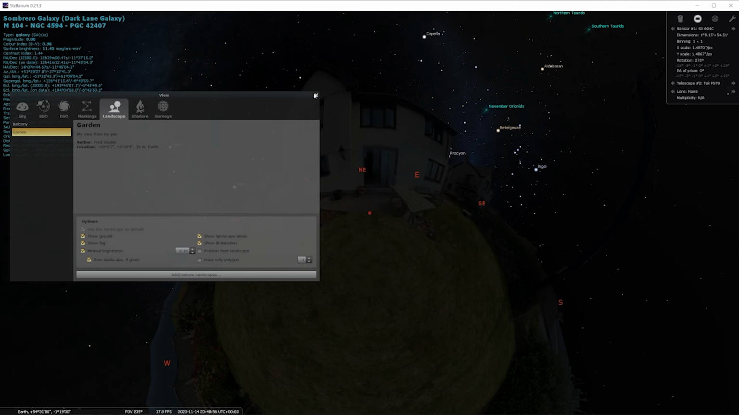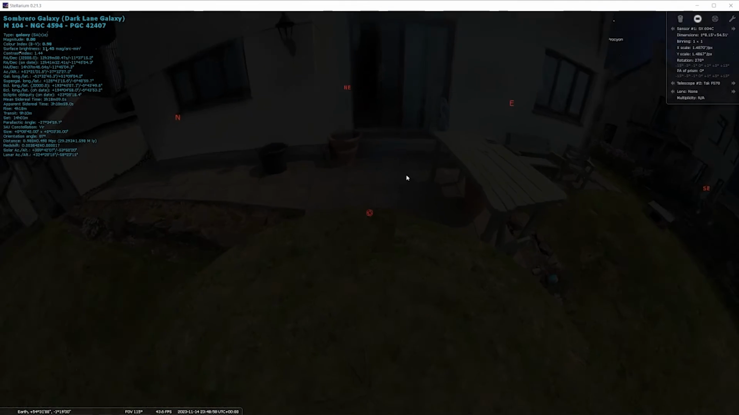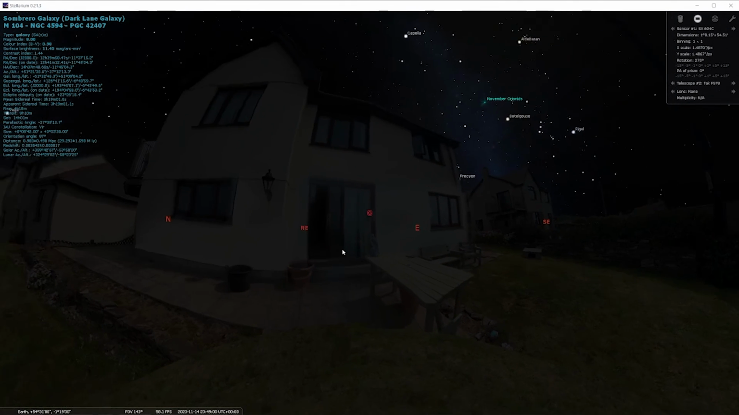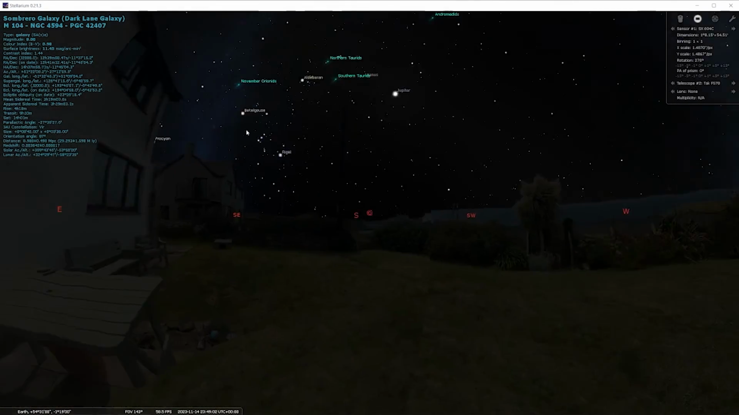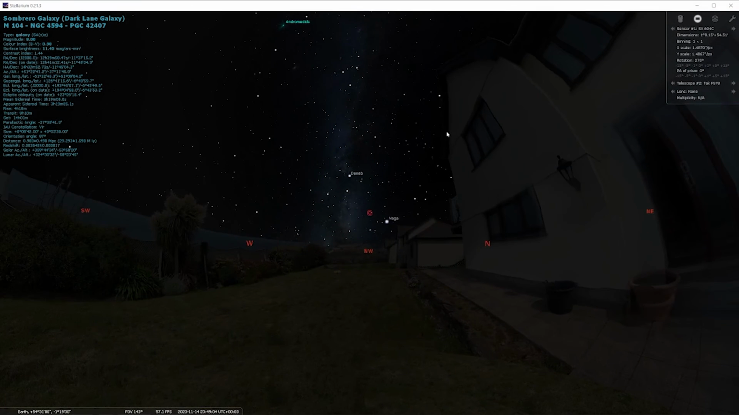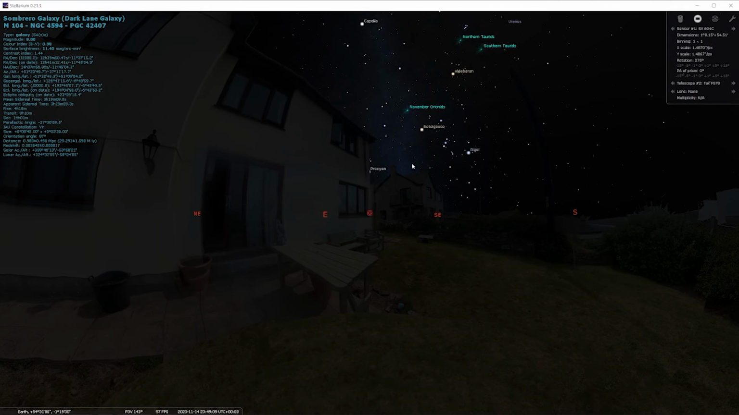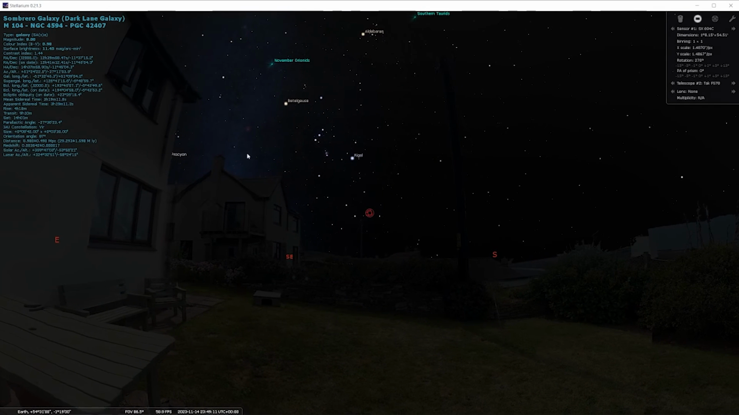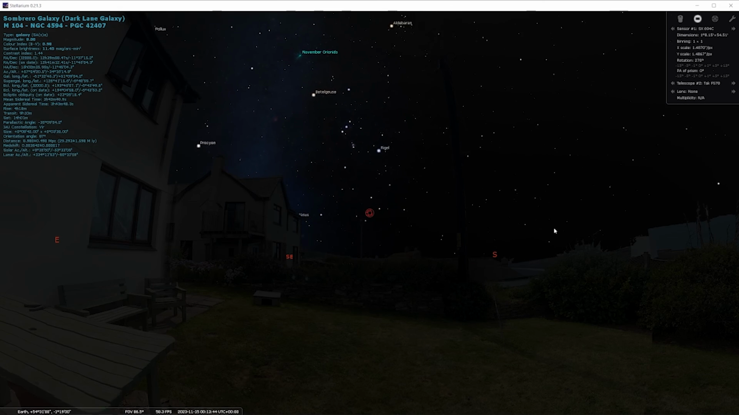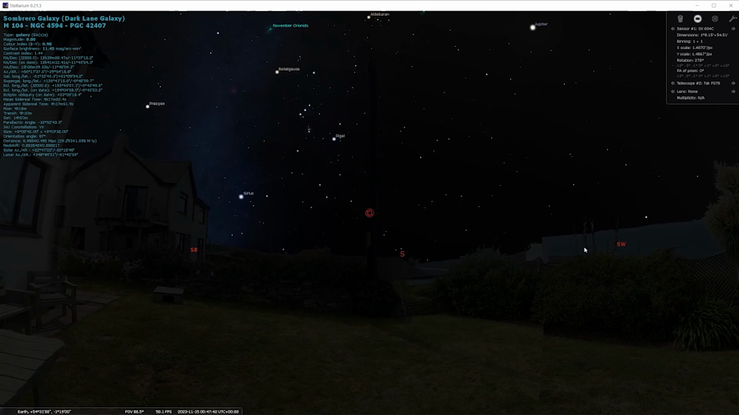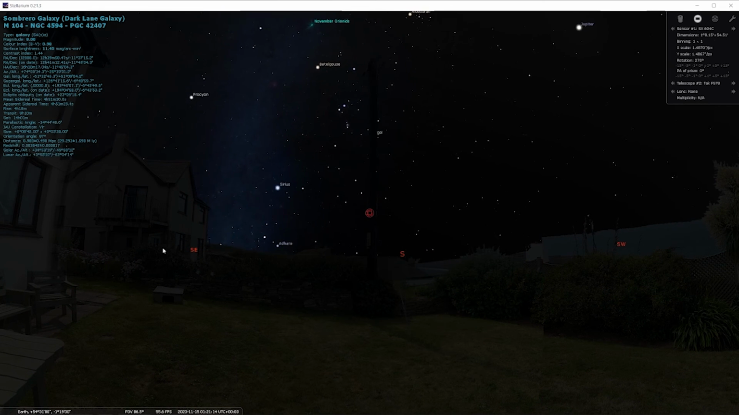And this is my garden view, which is nice. You can see it's quite dark, but then it's nighttime. And this is where my pier is in the garden. So I can see at any one time, as time goes on, where something is going to be in the sky. So if I go on here, you can see that Orion will be rising there up above this house